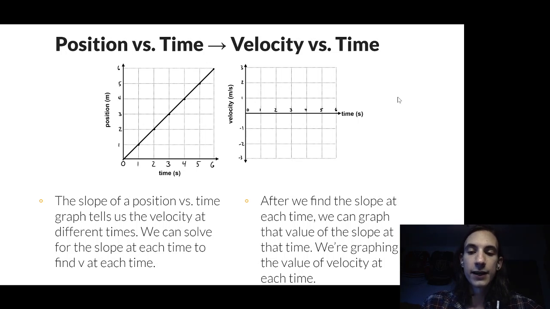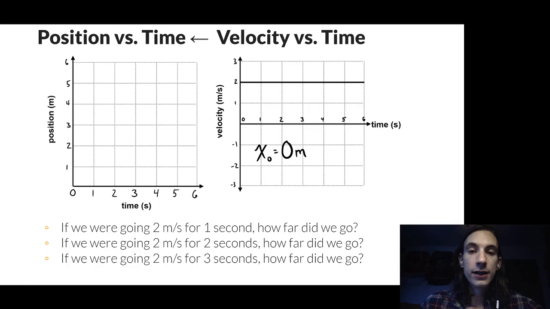So we can graph that, and we can visualize how the velocity is changing throughout time. And then we can also go backwards. This one's a little bit trickier, so I'm going to walk through the steps. If we are given a velocity versus time graph, we can look at it and say, okay, if